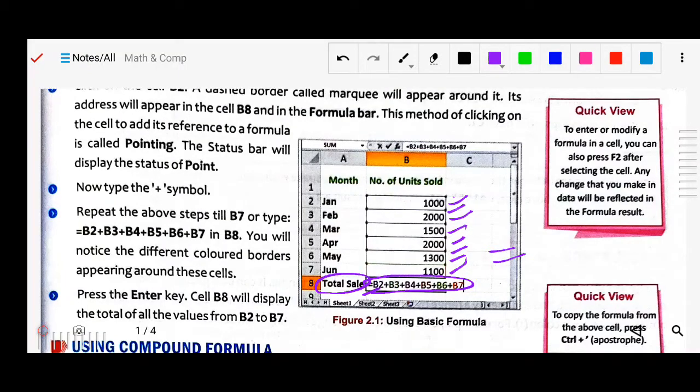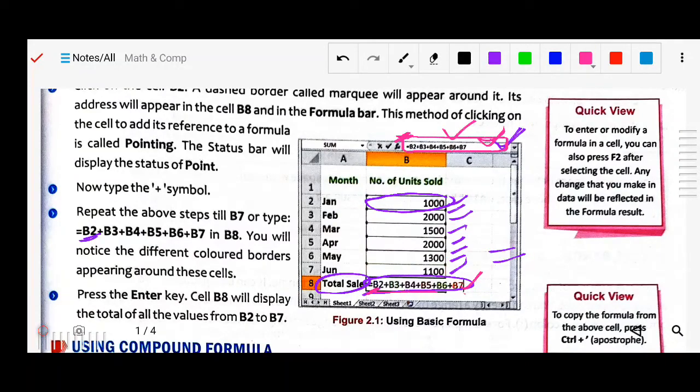First, click on this particular cell, whose name is B2. You will see it here in the formula bar. This bar is called the formula bar. Once you write the equal sign here, or you can write it there, no problem. First you have to select the cell where you want the result. You want the result in B8, so select B8. Automatically you will see the same thing here also. Either you can write here or here, no problem.